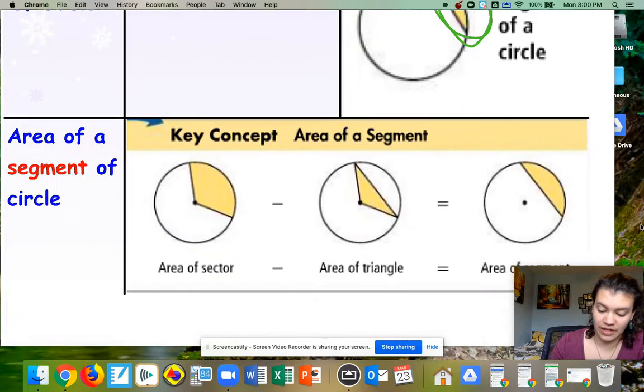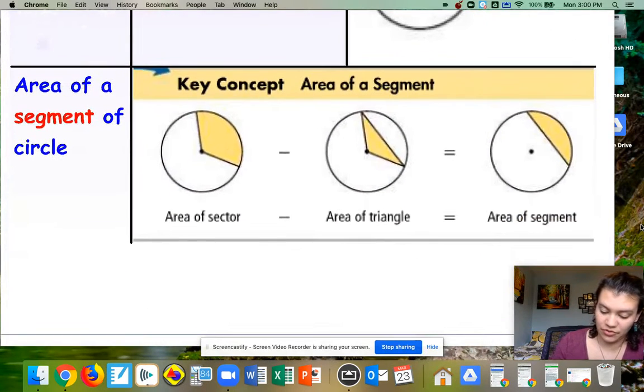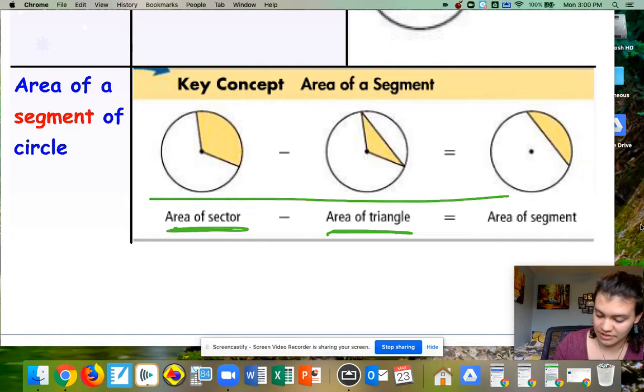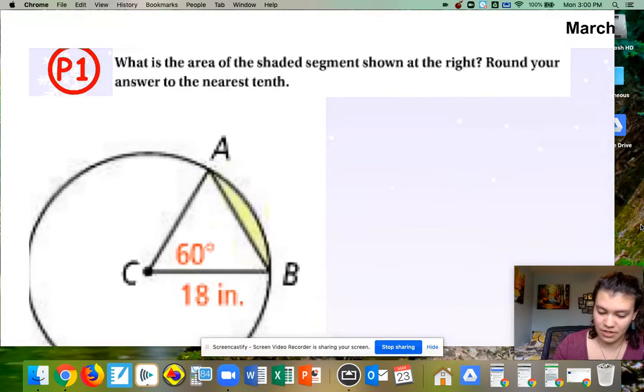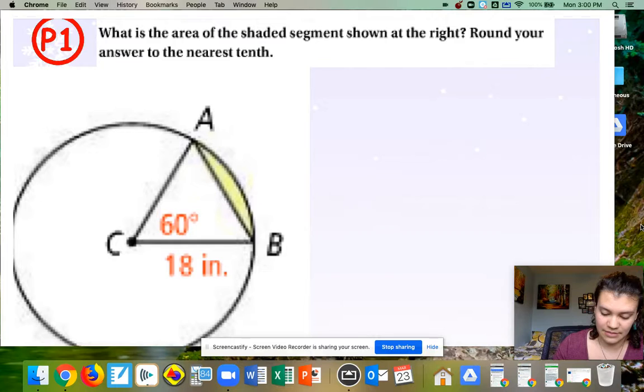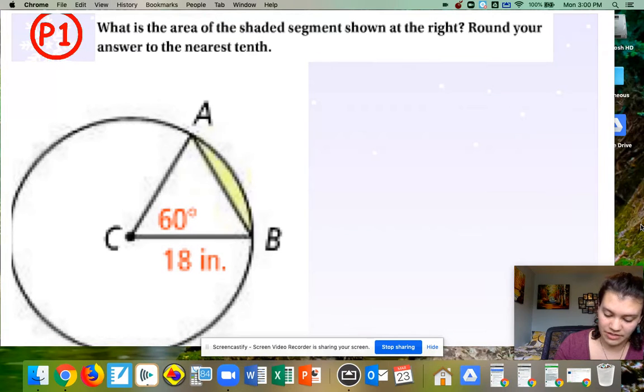So to find the area of a segment, you have to first find the area of a sector, and then find the area of the triangle cutting it off, and then subtract those two, and that gives you the area of the segment. So there's no strict formula, but you're going to use this idea to figure out the area of a segment. So to do one as an example, here we have our central angle is 60, our radius